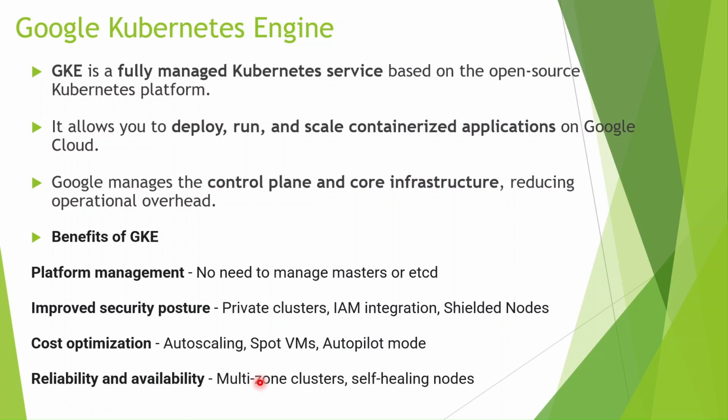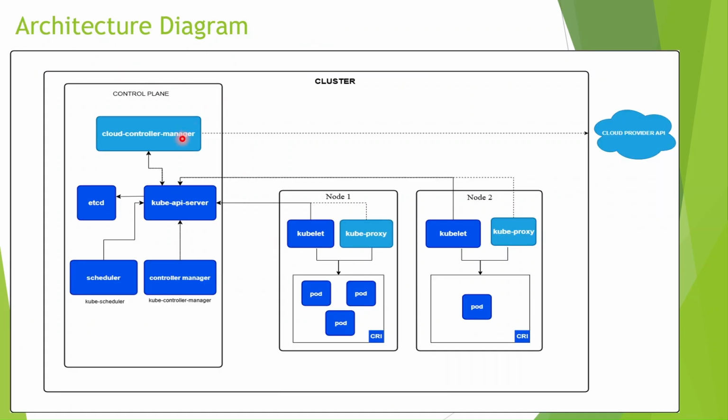So this is a basic Kubernetes Engine slide which I have shown you, with the options we have, but in the next few slides we will go a little deeper. This is the architecture diagram for your Kubernetes cluster. This is our control plane and these are our worker nodes. The control plane is the brain of your Kubernetes, responsible for decision making and cluster management. All the decisions will be taken in the control plane only, and it has many components.